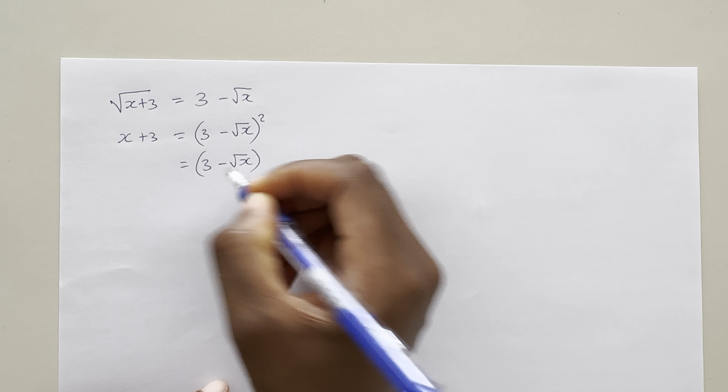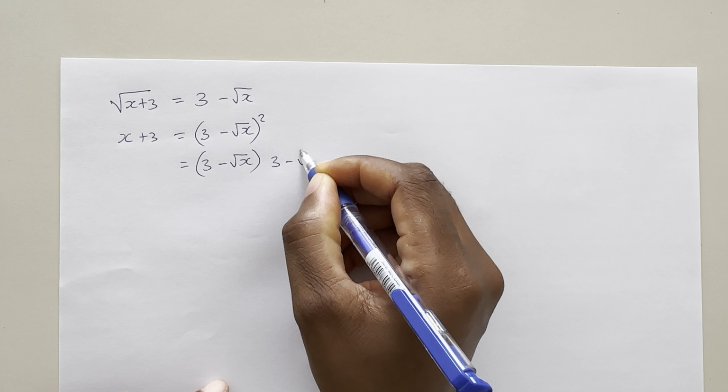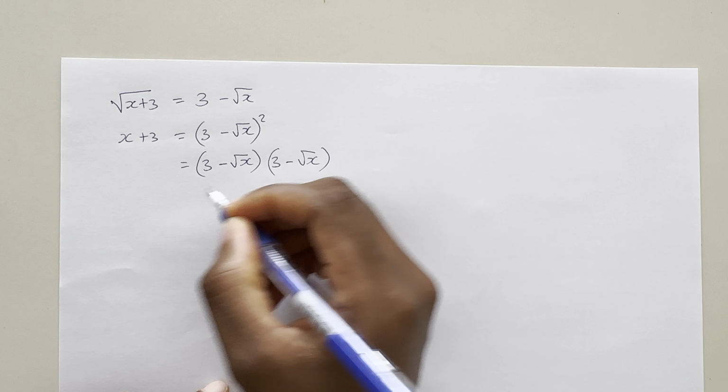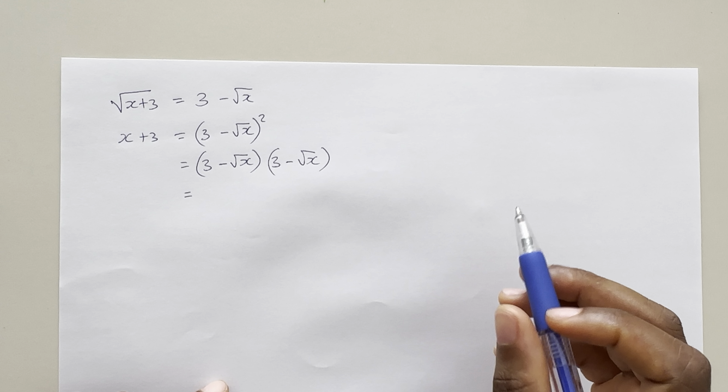And we know the rule that you square both sides if you want to remove the square root. So here, if we square both sides, we will be left with x plus 3 is equal to (3 minus x) all squared, right? Now this one means (3 minus x)(3 minus x). Now we are going to go right ahead to